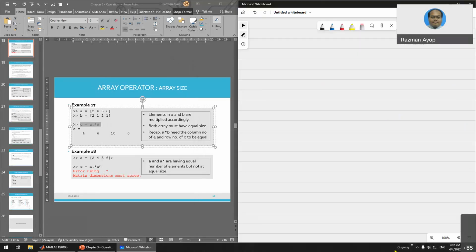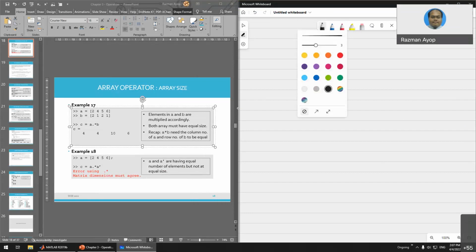Okay, so let me show you how to do this manually. Make sure you know how to do the encoding as well as the manual way. Okay, so